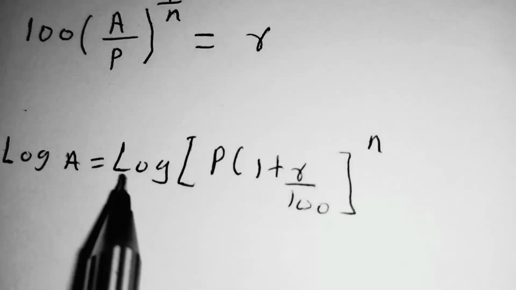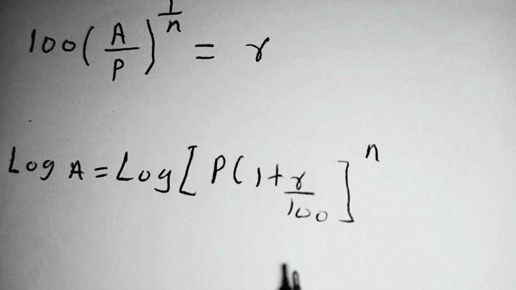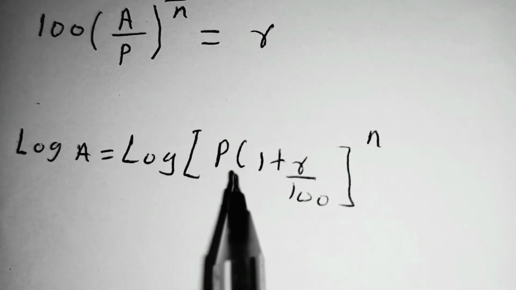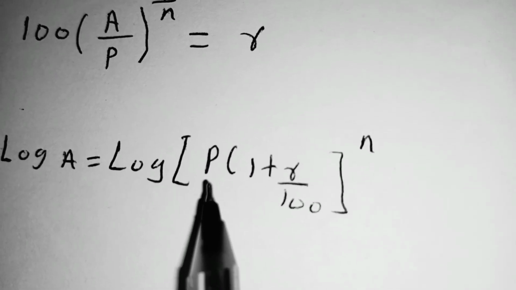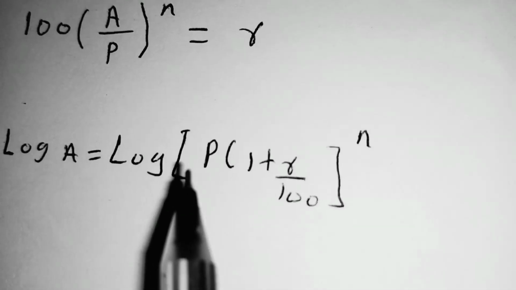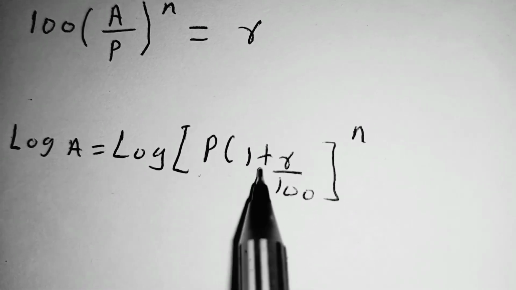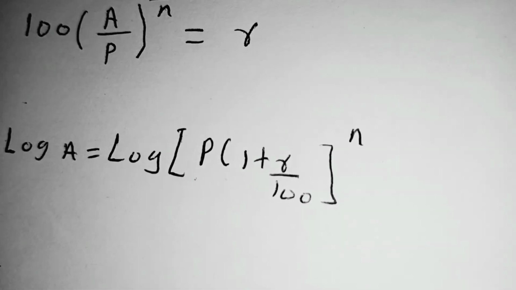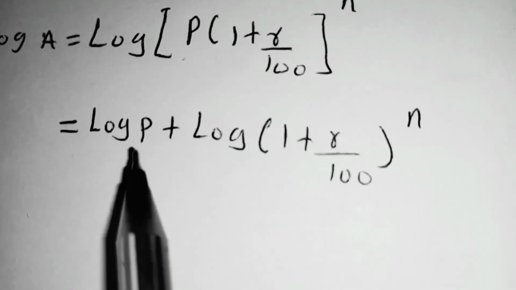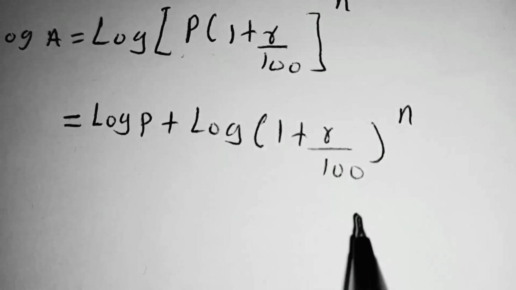So the alternative method is taking logarithm both sides, and then on the right hand side we are going to make use of the laws of logarithm, whereby we are going to expand this one and write the following. Note that P is being multiplied by bracket 1 plus R over 100. So taking logarithm, this can be written as log of P plus log of 1 plus R over 100 everything